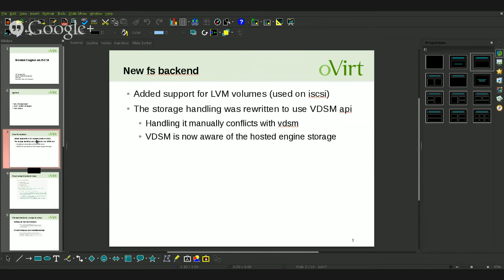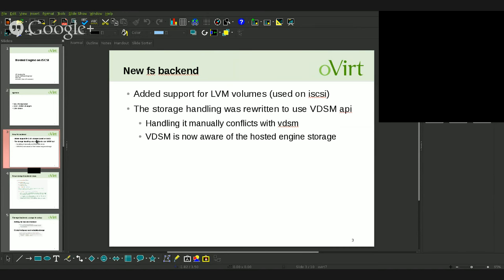So the most important change in the code was adding a new storage backend. We added support for LVM volumes, which are used for iSCSI storages, and the storage backend was rewritten to use the VDSM API. The old backend was kind of handling the storage manually, bypassing the VDSM,